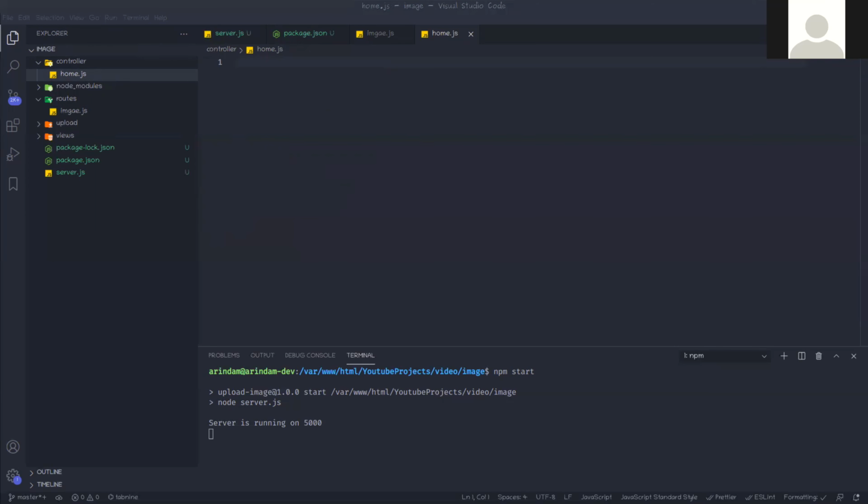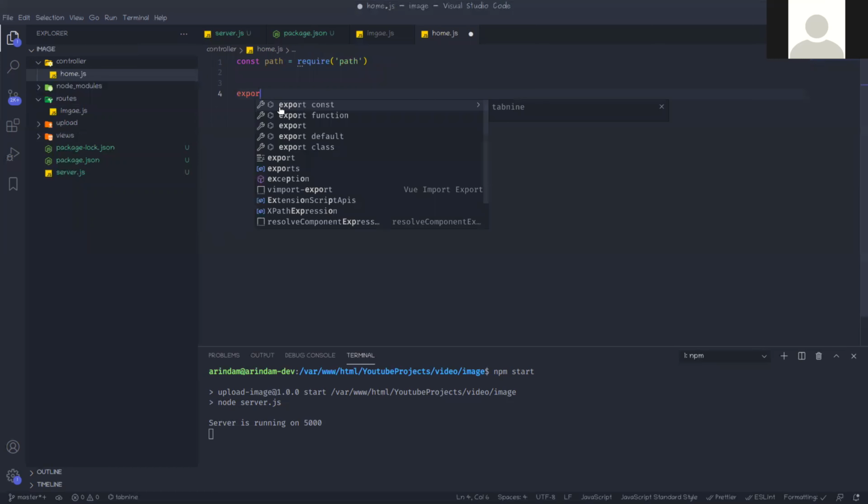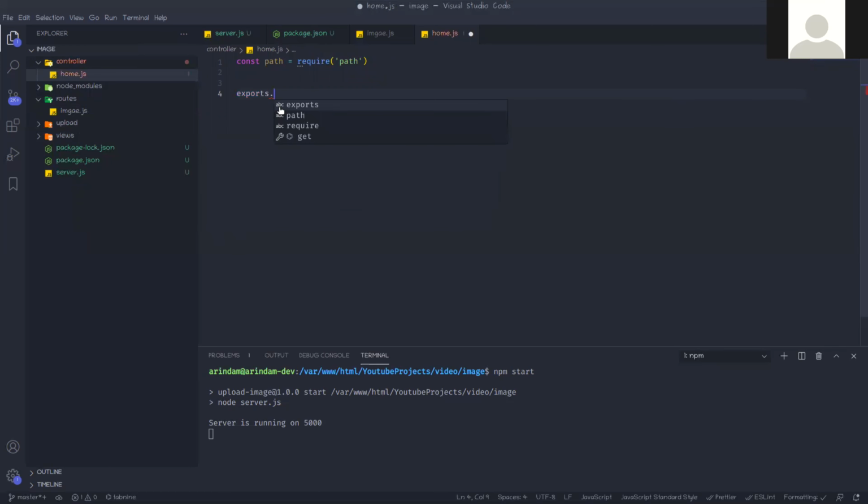We can bring the path first, require path. Then exports.homepage equal to request, response.